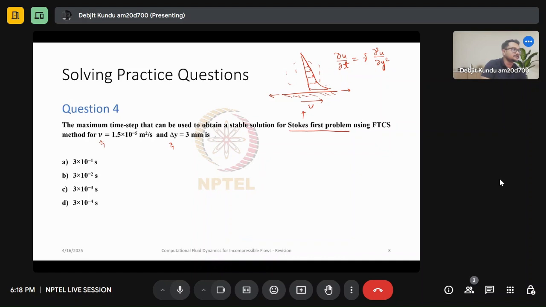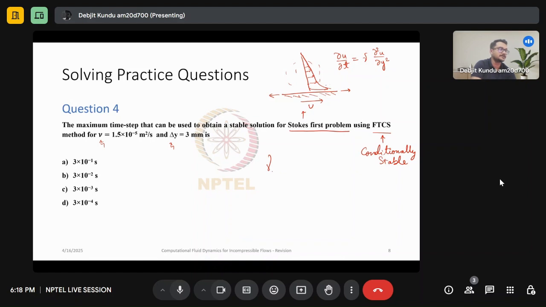So you have to use a FTCS scheme which is conditionally stable, and the condition for stability in FTCS schemes or parabolic schemes is something like this,